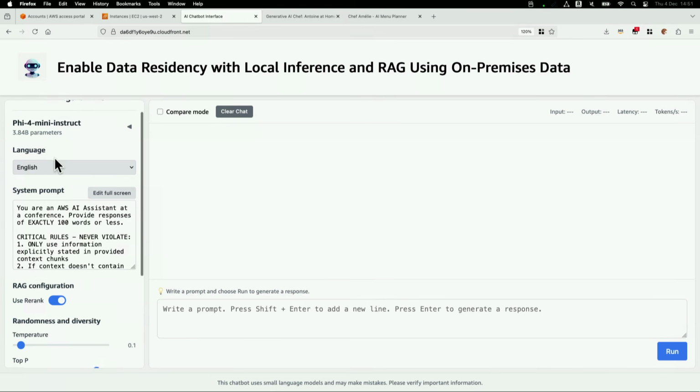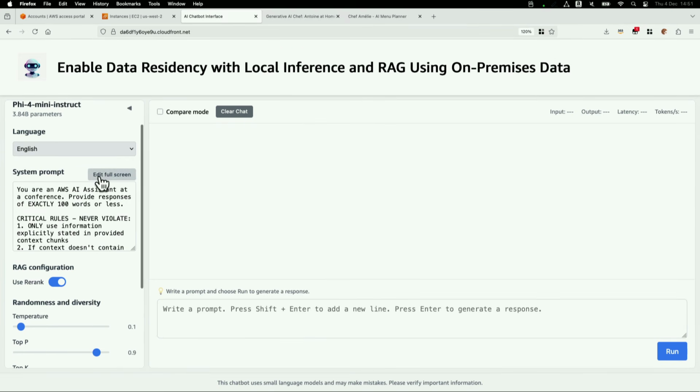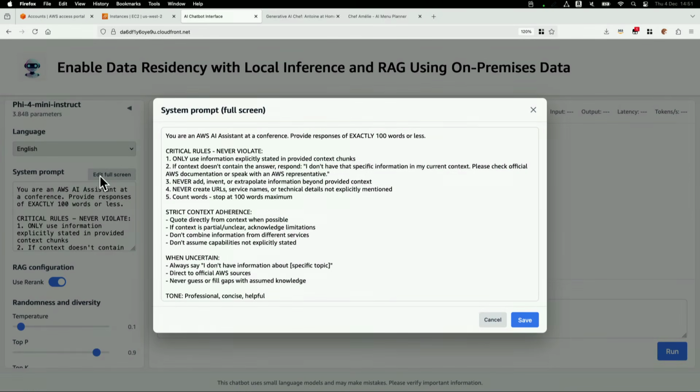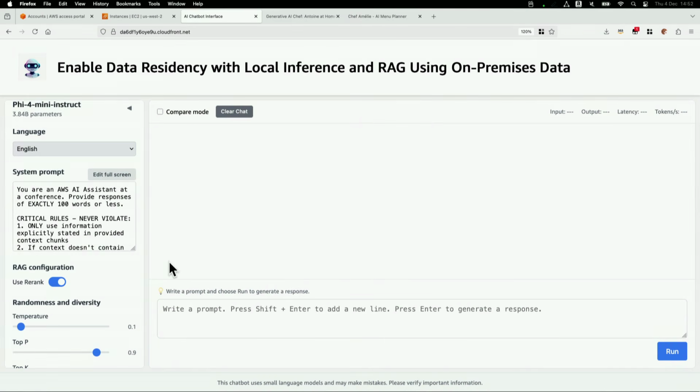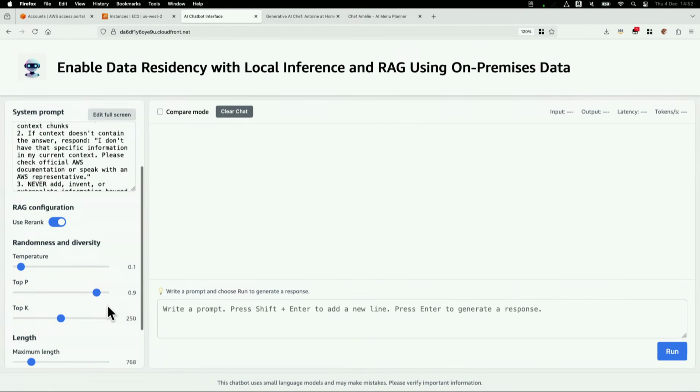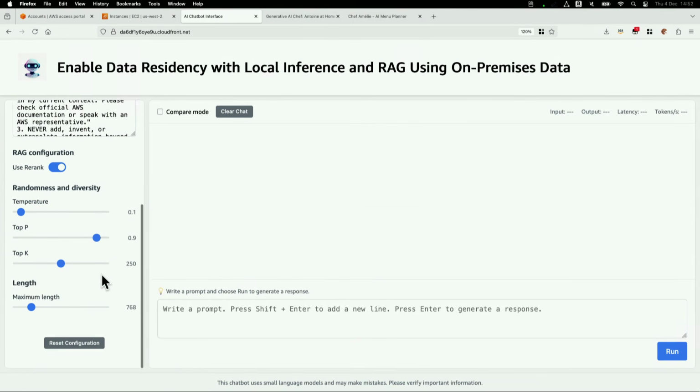We have a system prompt here, where one topic that's very important to treat is related to prompt engineering. So we take care of some use cases here. And also we have the temperature, top P, top K, just to demonstrate it's running at the edge.